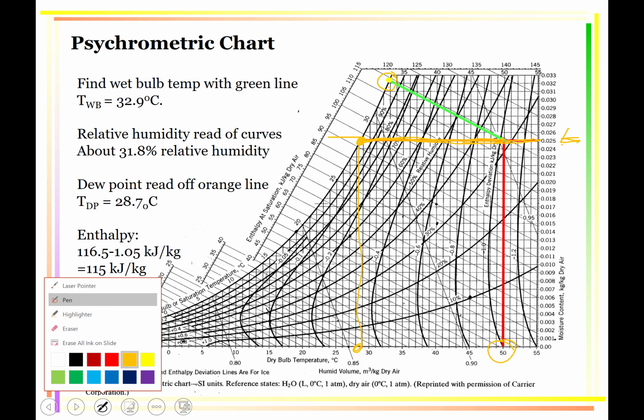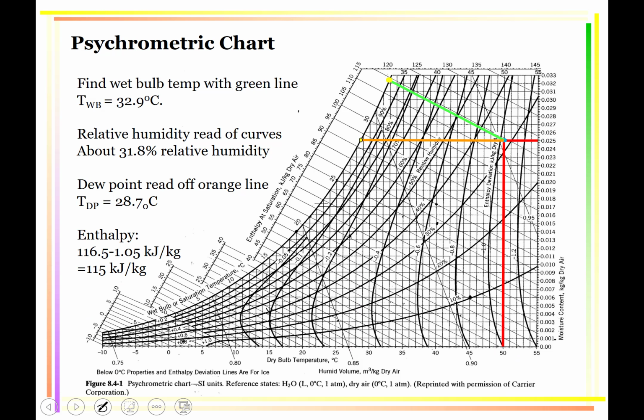The last thing we can learn about on this is the enthalpy of our air. The way enthalpy is read is you read it off of, this is the enthalpy at saturation. So we have to go all the way over here and find this. Now this yellow dot is above 115. This would be 110, 11, 12, 13, 14, 15, and our air is higher than 115. So it's about 116.5. Then we have to subtract the